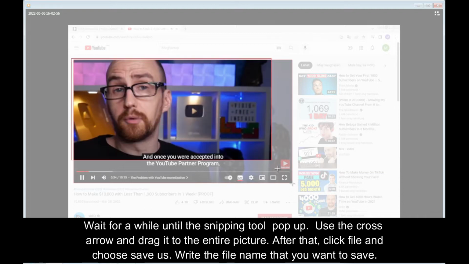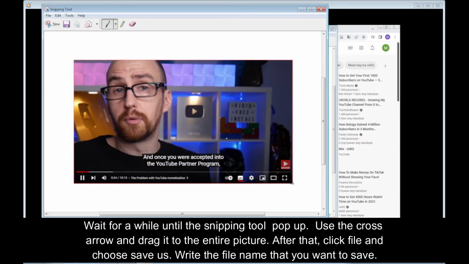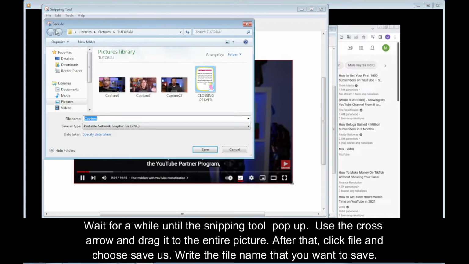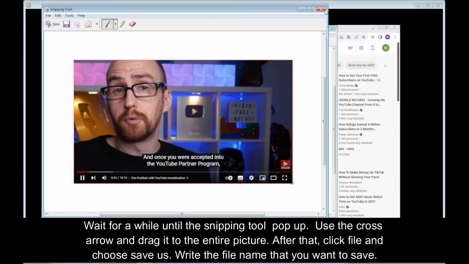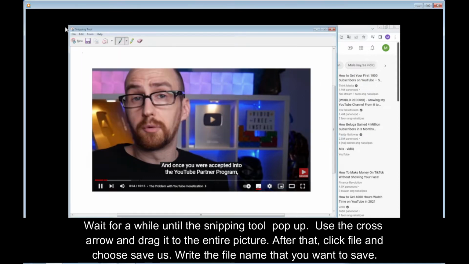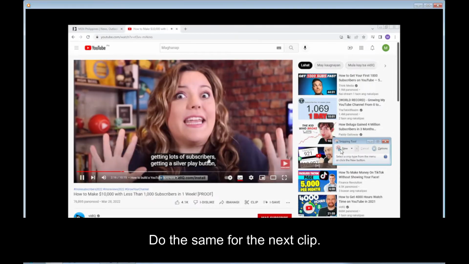Okay, then you're going to drag the plus button to cover the entire picture. And then here you're going to see, type the file name. You're going to see save. And then